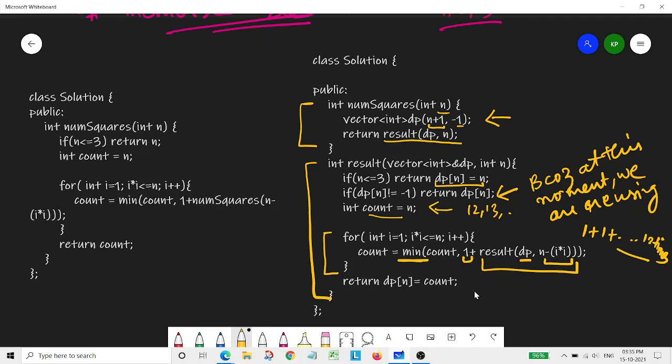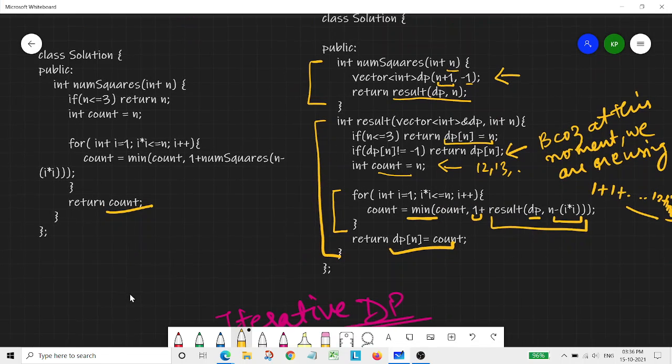And at the end we were returning count, right? But here we will be returning it this way, dp of n equals count. So this is how we will be doing the memoized solution for this particular question.